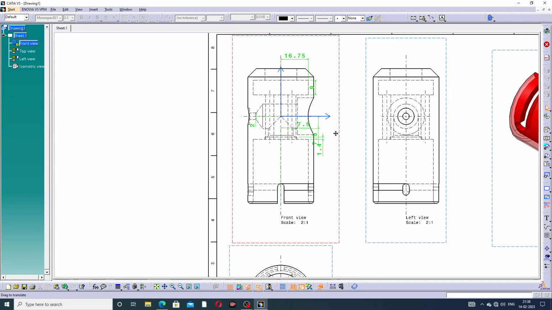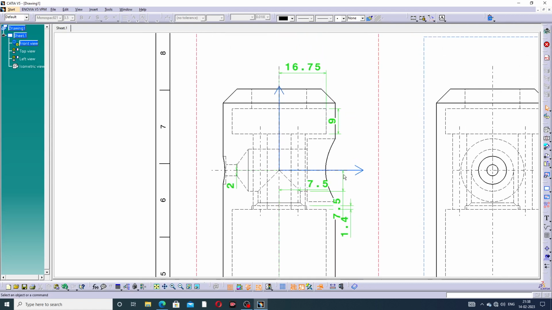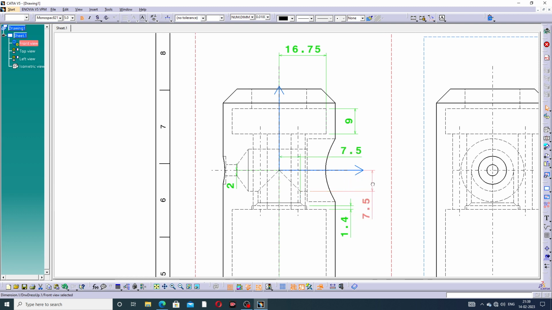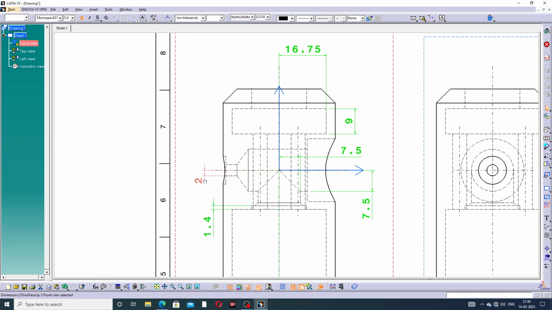Okay, one by one, select here, and this is perfect. This is correct, and also this is perfect, and this, and this. Okay, but next is a, okay,